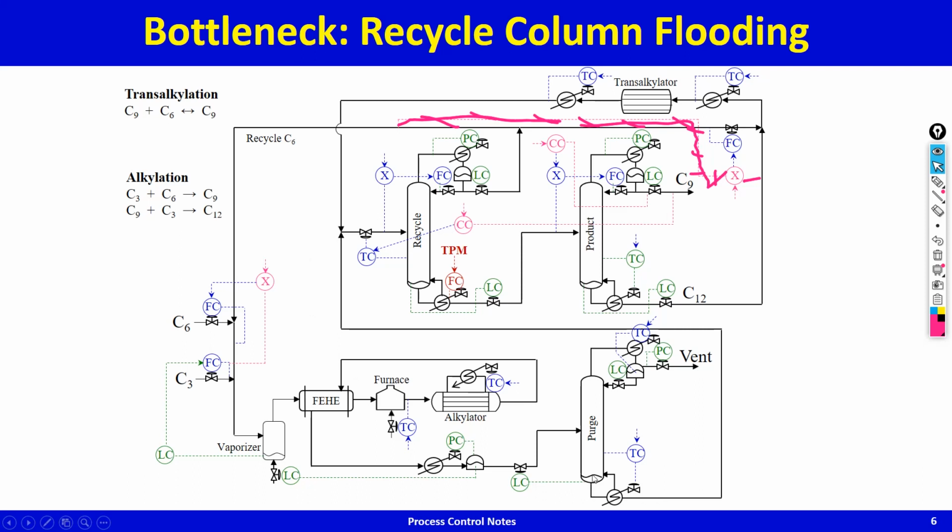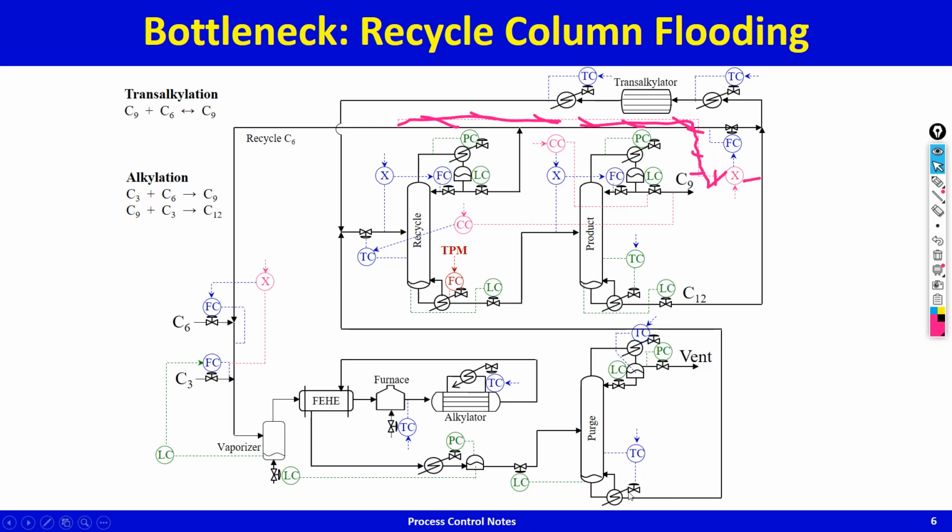the purge column bottom level starts to go down. Because this level is going down, the level controller starts putting in more feed. And by the way, I have put in a level controller here because this will be a small column, otherwise it would be level control this way and temperature control that way if it was a tall column, but because this is a small column, this will work. Okay, so level controller increases the feed to the column, therefore temperature starts decreasing.